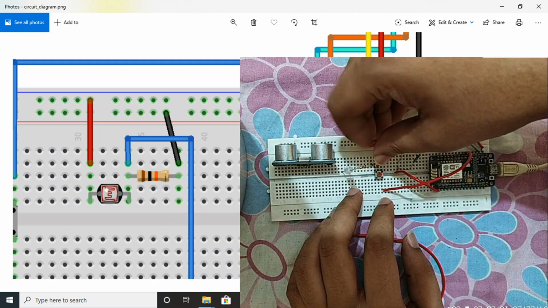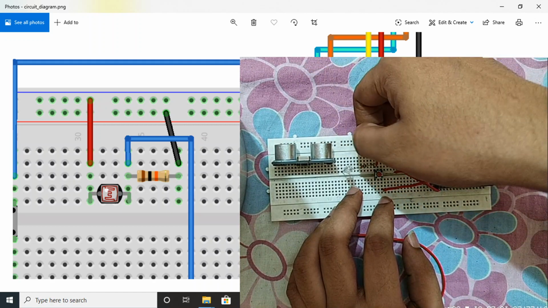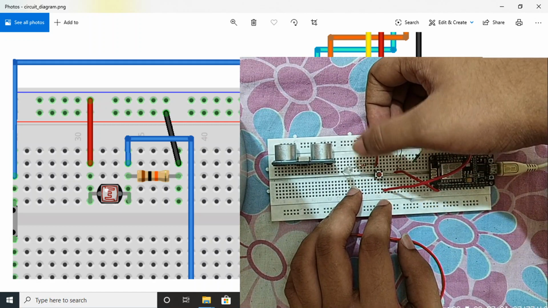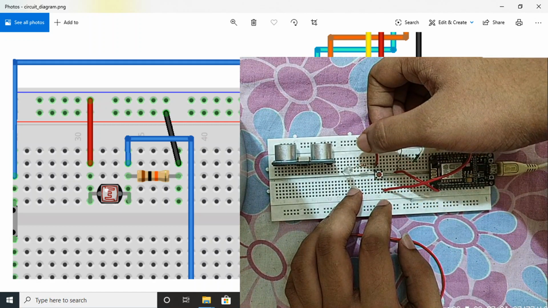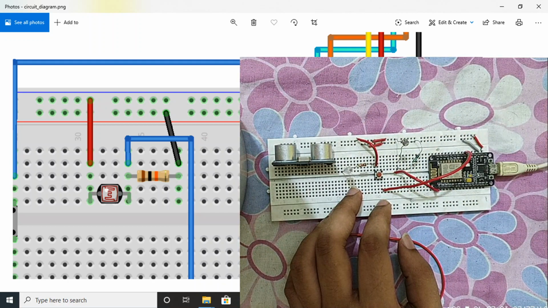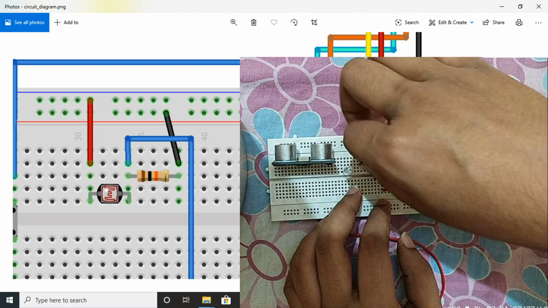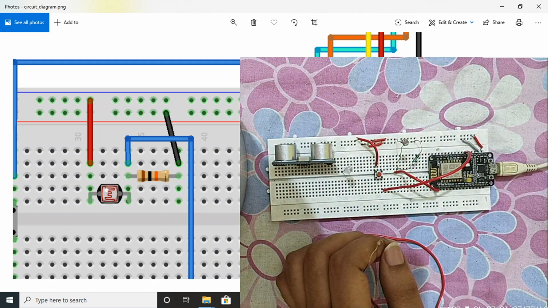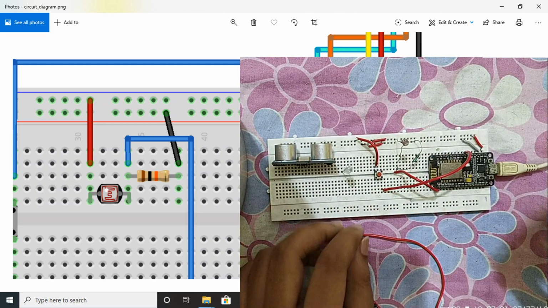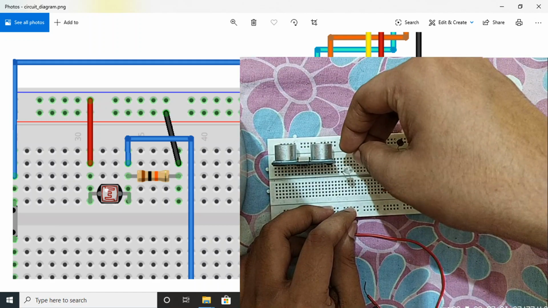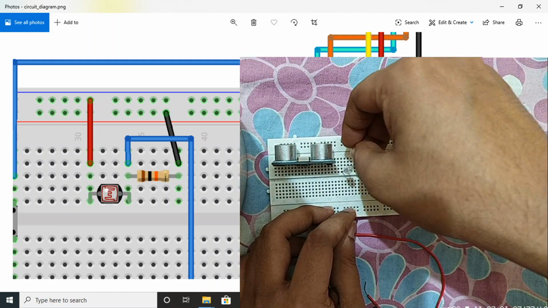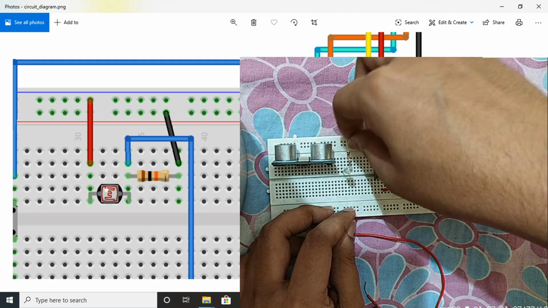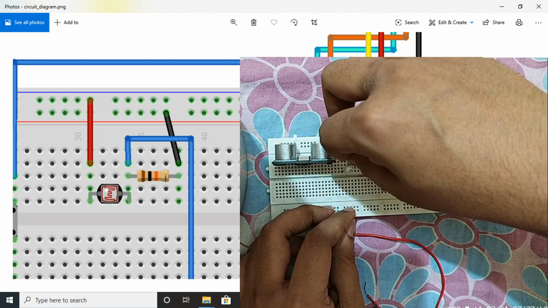This is the second rail, the ground, which is common. Fine. And let's connect the, so we need to connect this resistor, which is connected to the negative end of the LED, to the common ground. Fine, I think it is connected.